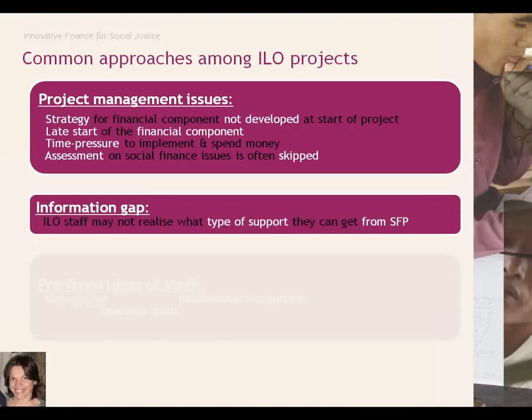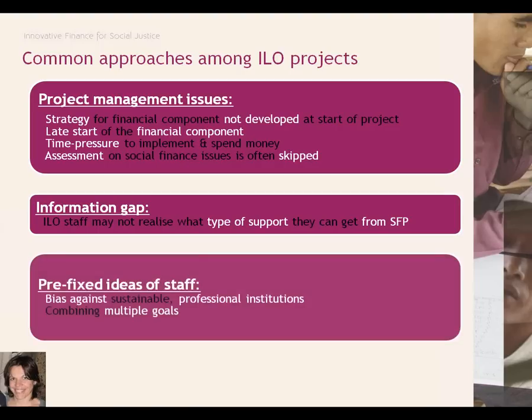And then thirdly, many people have prefixed ideas about what social finance is in line with good practice. I have heard really many colleagues saying that they don't want to work with the more professional, sustainable financial institutions because they charge high interest rates and they have big offices and it's too costly to lend from them. But I think that many people are not familiar with what costs are involved in lending to poor people. So if people understand that better, they also understand why the interest rate will be higher.